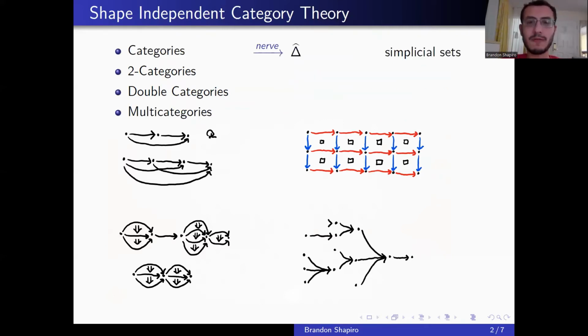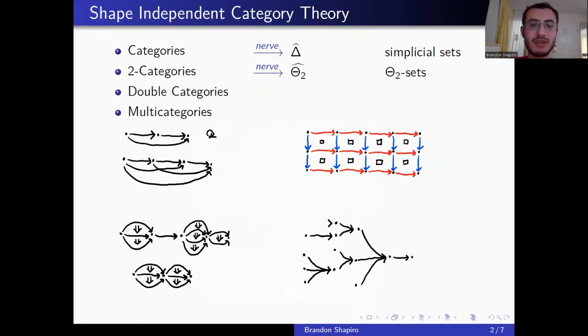Classically, the nerve of a category is a simplicial set, where the choice of simplicial sets is inspired by the fact that two adjacent arrows and their composite together form a triangle. Three adjacent arrows and their composites form a tetrahedron, if you look at it the right way, and the same holds in higher dimensions with simplices. Two categories have an analogous nerve construction to theta-2 sets, where the objects of the category theta-2 are precisely the